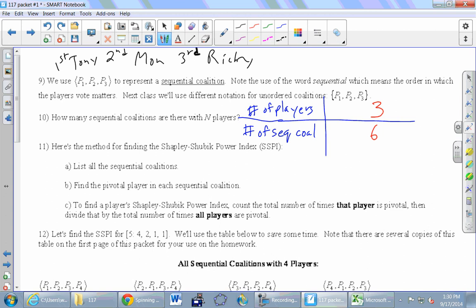Okay, now don't jump to any conclusions here. There are lots of relationships between 3 and 6, and that's not nearly enough information to figure out what the pattern is. So let's take a step back to a smaller list of people. Suppose there are 2 players, players A and B. How many orders are there that you can shuffle A and B around? There are 2. It's either A and B or B and A. So if perhaps you were tempted to think that the bottom number was always double the top number, we now see that can't be the rule.